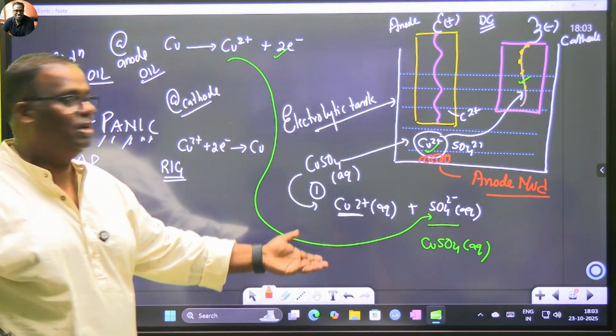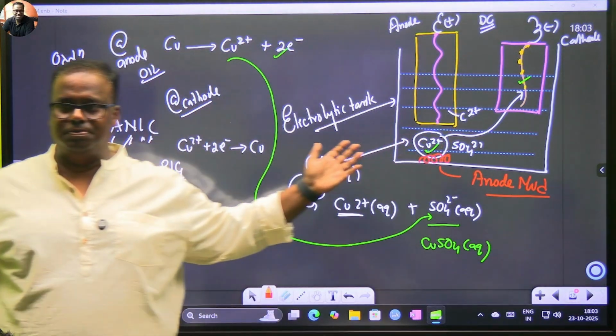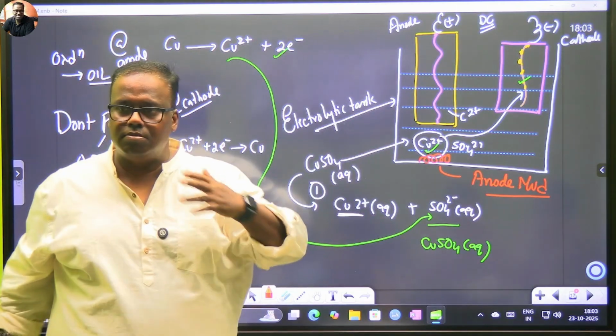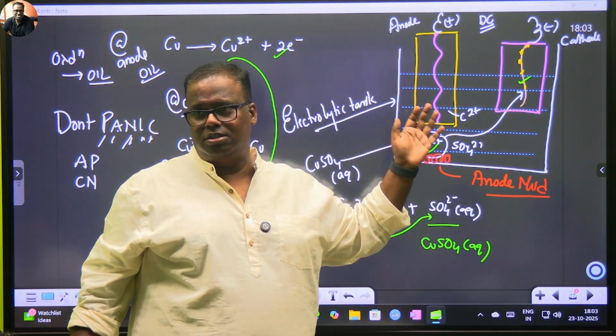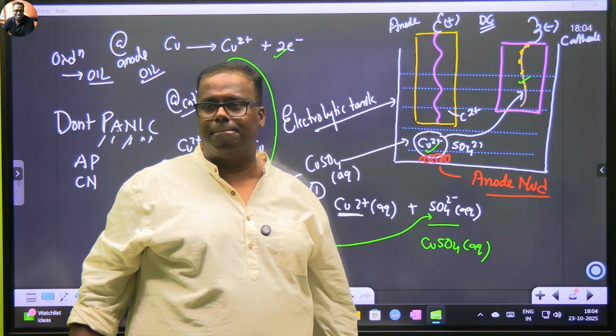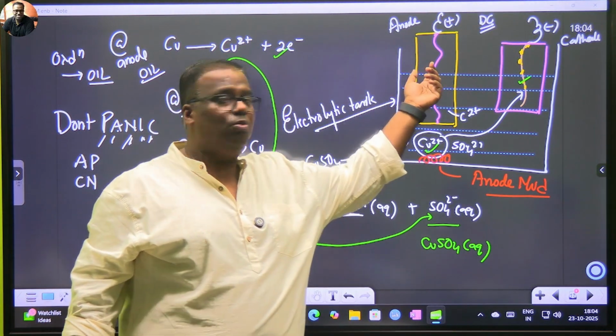It will fall down here. Reaction stops. So what's the remaining constituent? Nothing, the anode is lost. No, sir, but you said there's some part left. It is becoming thinner now.